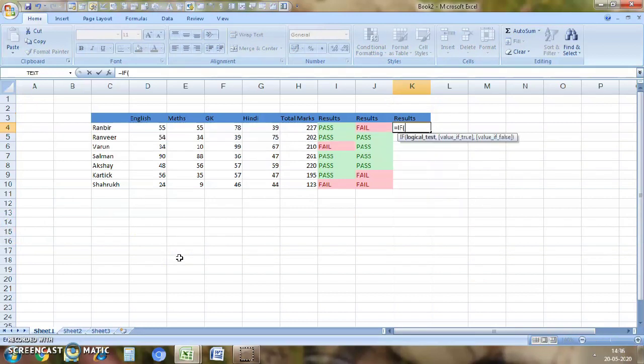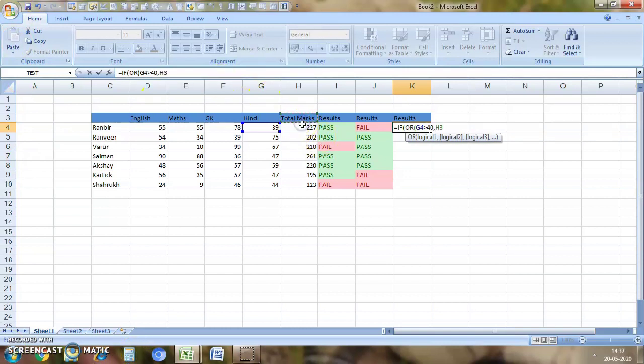So the IF and OR formula, and then OR, tab, and the logical one will be the same, that the Hindi marks should be greater than 40,